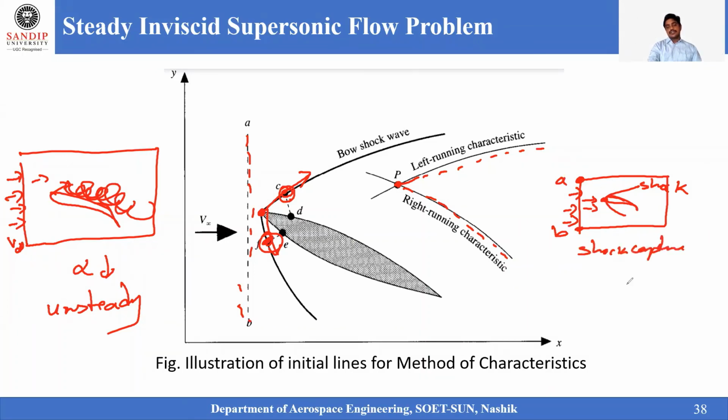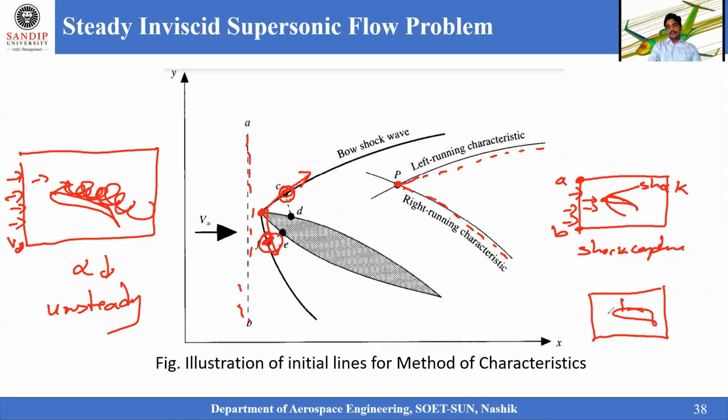Whereas in the case of the shock fitting method, initially I have to place the location where the shock is available, then say that at this location the shock is going to occur with these shock properties, then change the characteristic lines accordingly, and apply the characteristics accordingly, right?